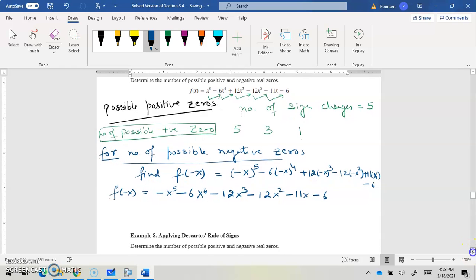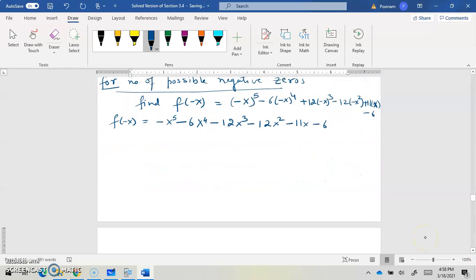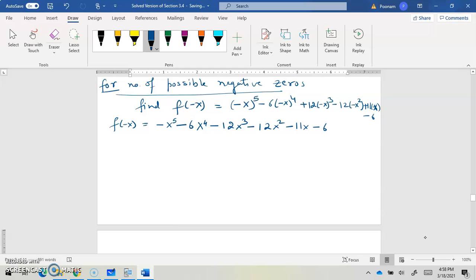So this is my function, okay. Let's note down sign changes. How is the sign changing? Is the sign changing here? No. Negative 6 to negative 12? No. No sign change, right? So no sign change is happening. That means possible